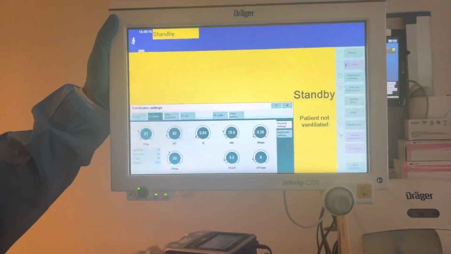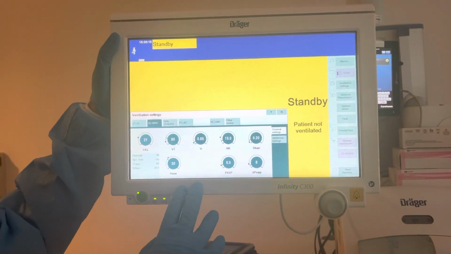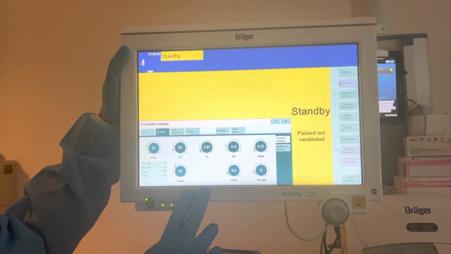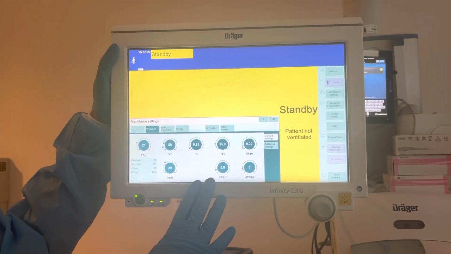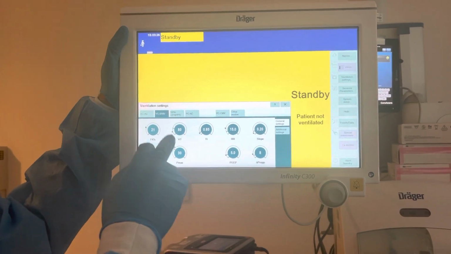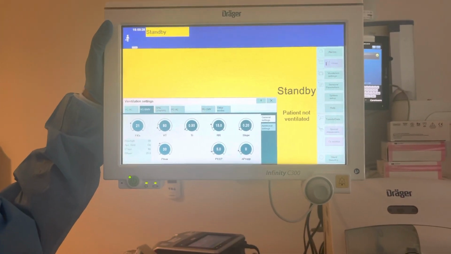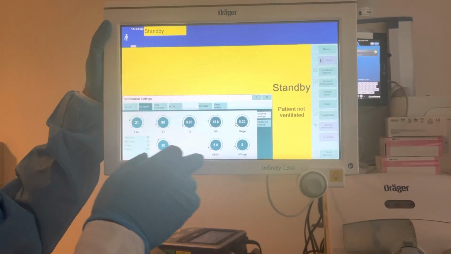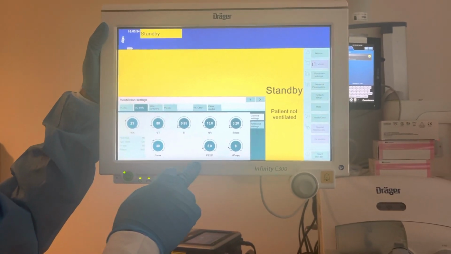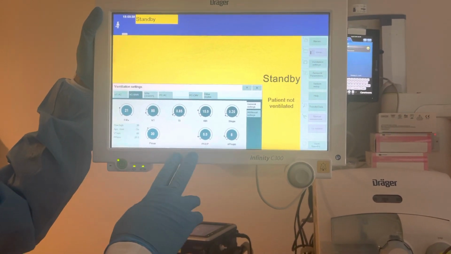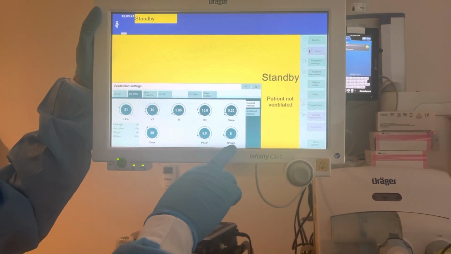So basically for Mariam at night, we are putting her on SIMV, volume control SIMV. This is a control mode. In this, FiO2, which is oxygen, we are keeping at 21 percent. Tidal volume according to her weight is 13 point something, so multiplied by 6, around 80. Respiratory rate of 15, PEEP of 5. These are very basic settings we are keeping, with a pressure support of 8.